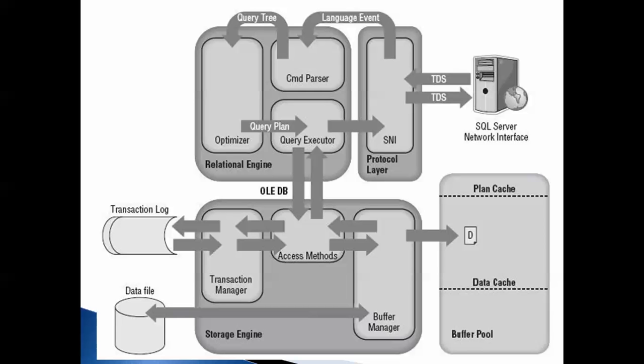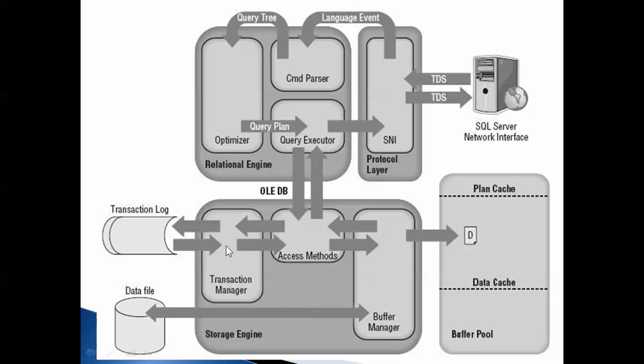From the data file, the old data will be picked up and transferred to the buffer manager. Now in the buffer manager, I have the old data as well as the new data in the locked state. Now when the data is locked, a copy of data will be moved from buffer manager to access methods